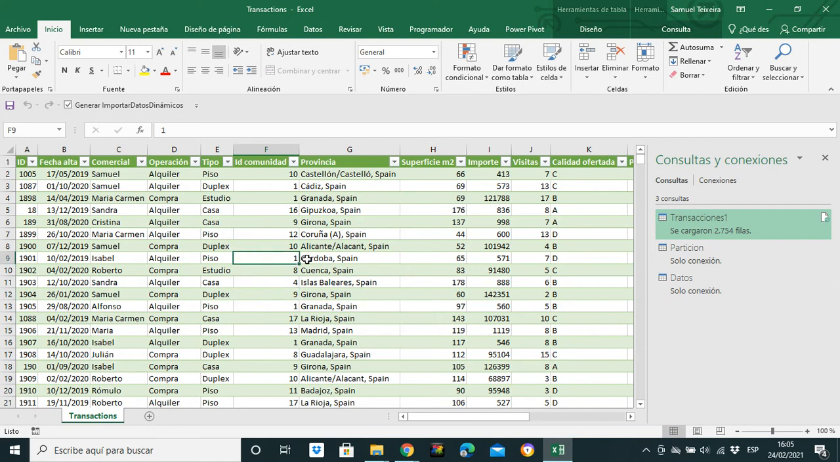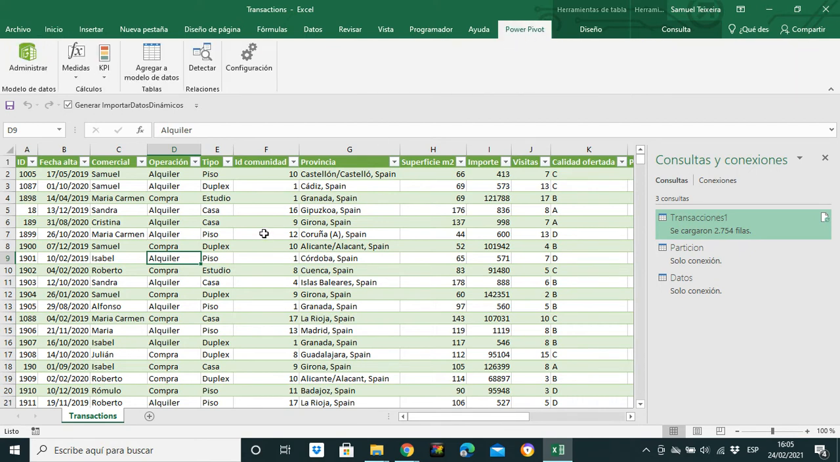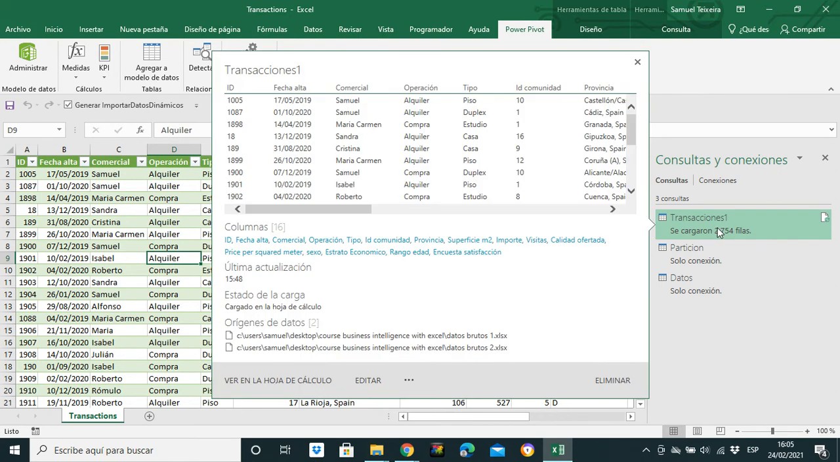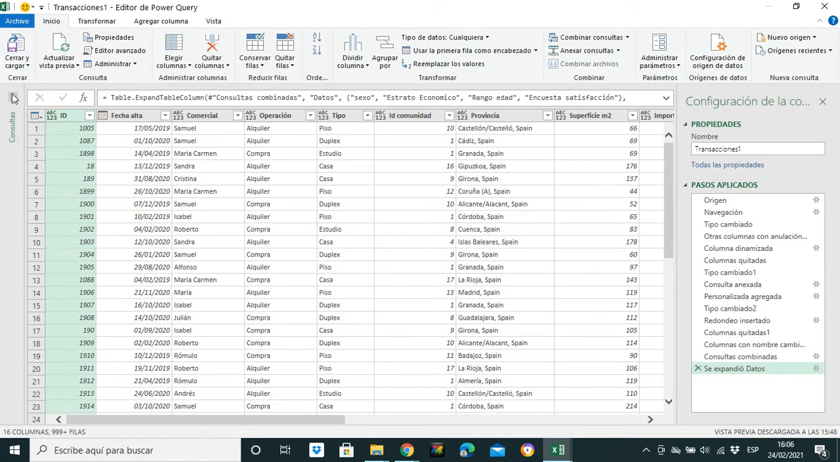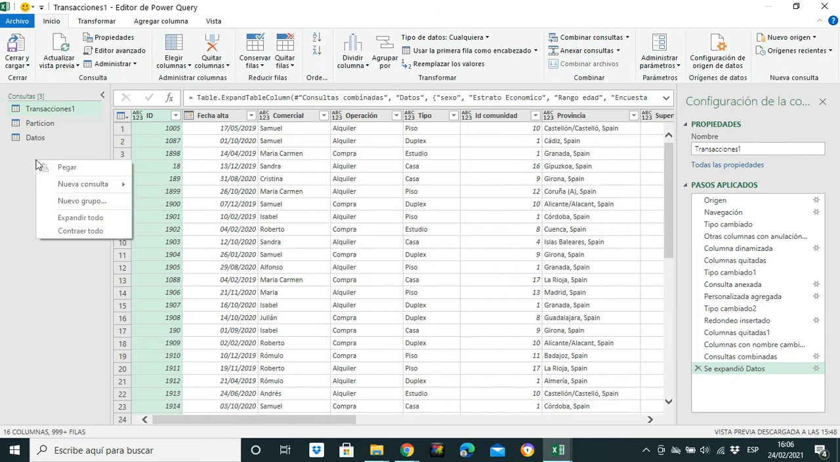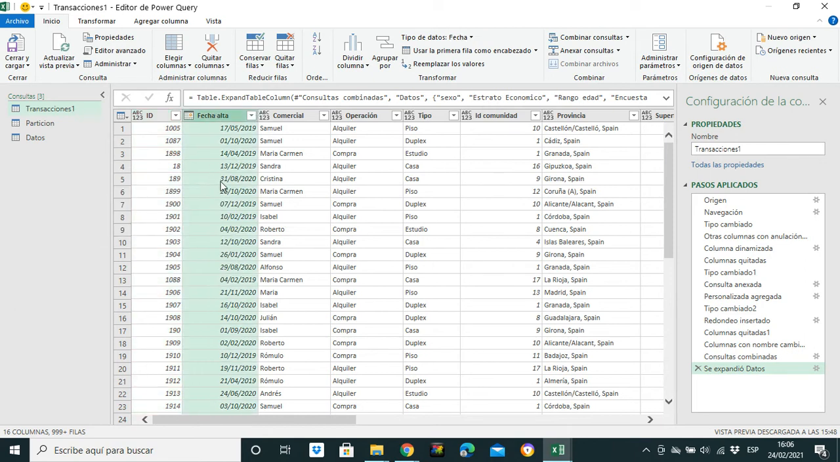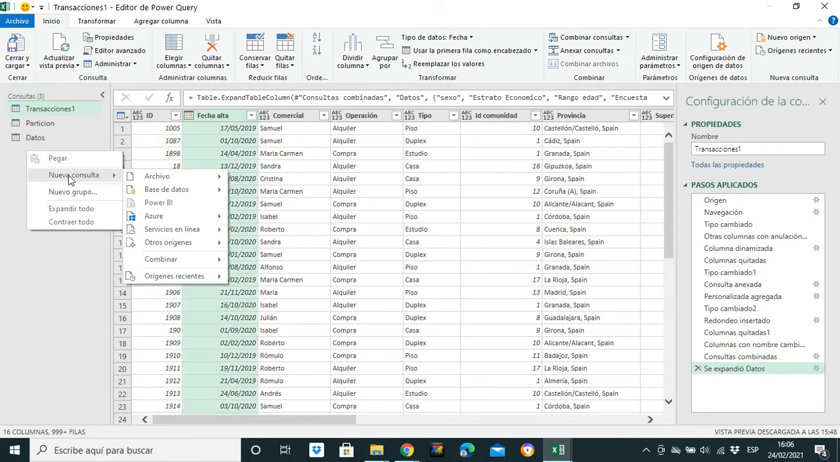So, let's start by clicking on the Power Pivot window. First of all, let's go back to Power Query, and let's create a new table. Let's copy the dates, and let's create a new